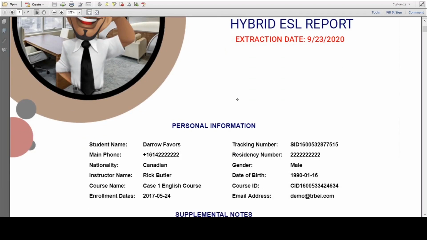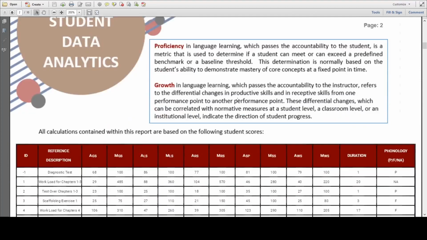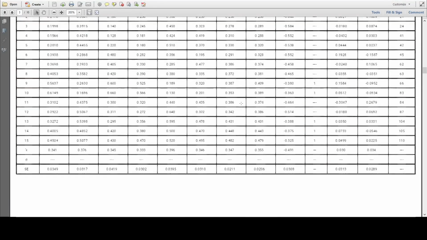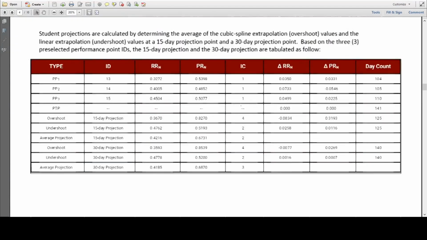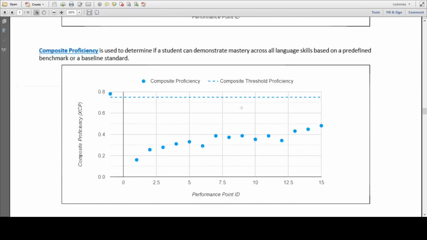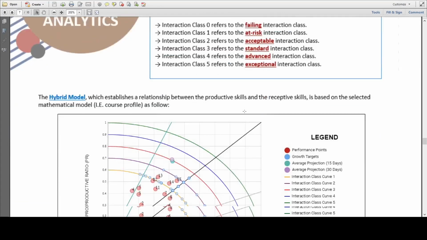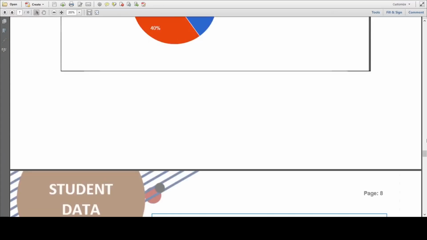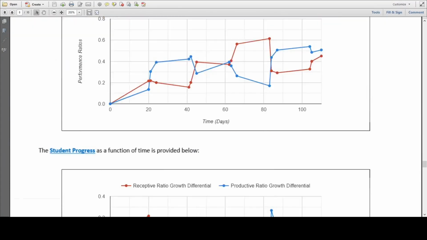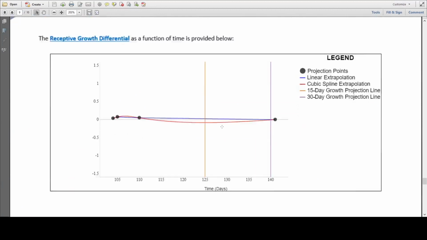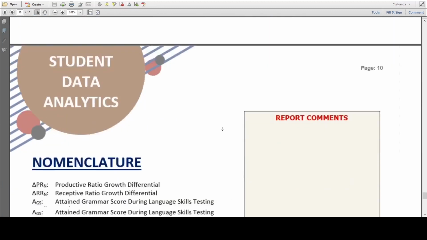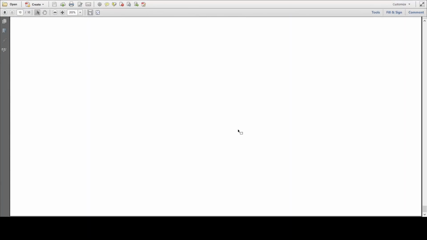that it basically pulls all of the data from the hybrid ESL calculator in order for teachers, instructors, administrators, and educators to communicate all the information about a particular student to other people. All of the terms, all of the metrics, including the methodology, has been provided in here as such. The same could be said about the